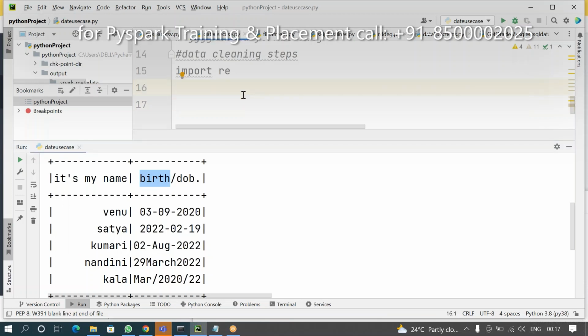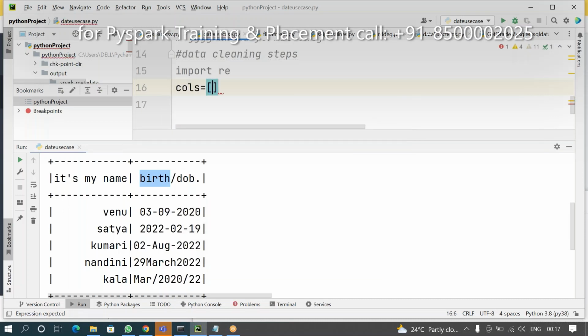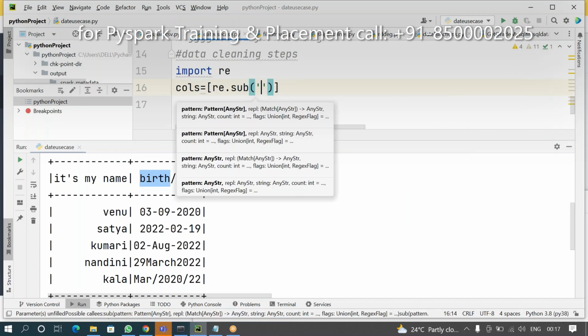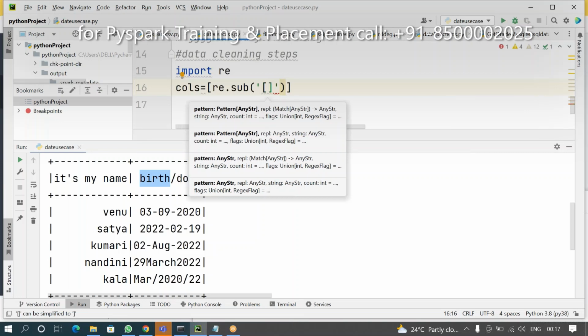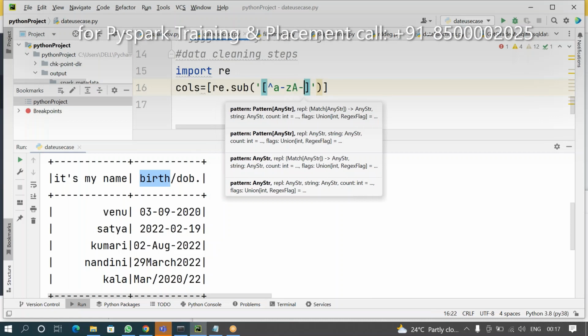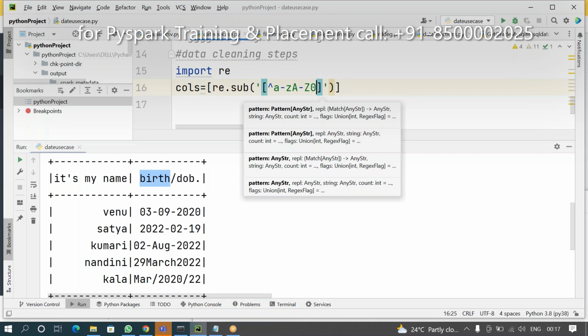Simple. Import re. Next, cols is equal to a list comprehension, followed by a regular expression: not A to Z, a to z, and 0 to 9.